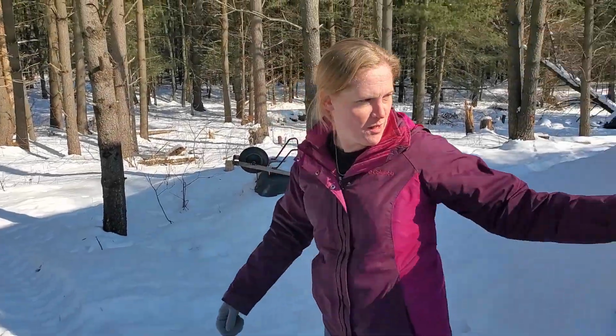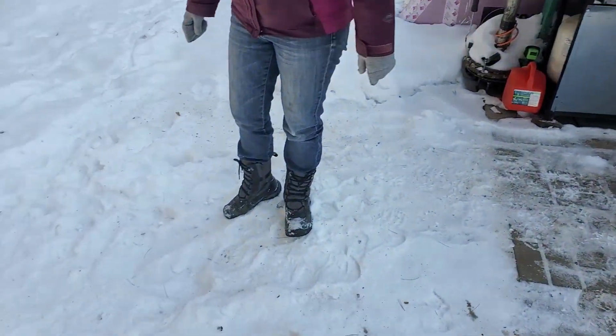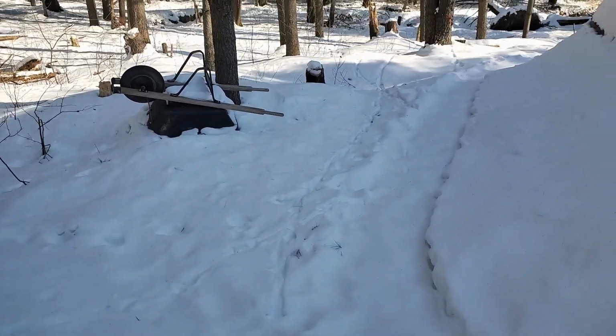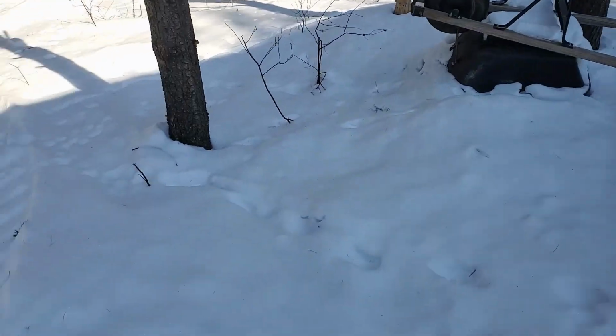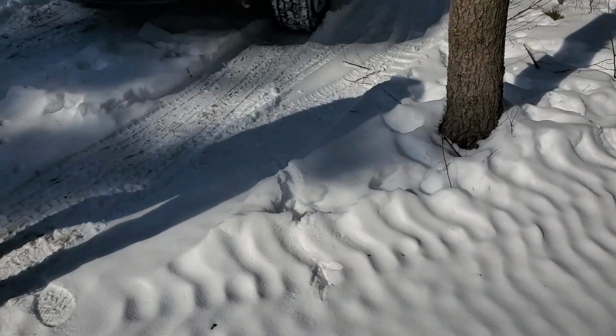So here's our cabin. Just a few steps away, there's a deer trail right here. Kind of hard to see with the camera, but there's a deer trail right there. And then to your left, there are turkey tracks. There's more turkey tracks. And that's just a single turkey, but we saw...